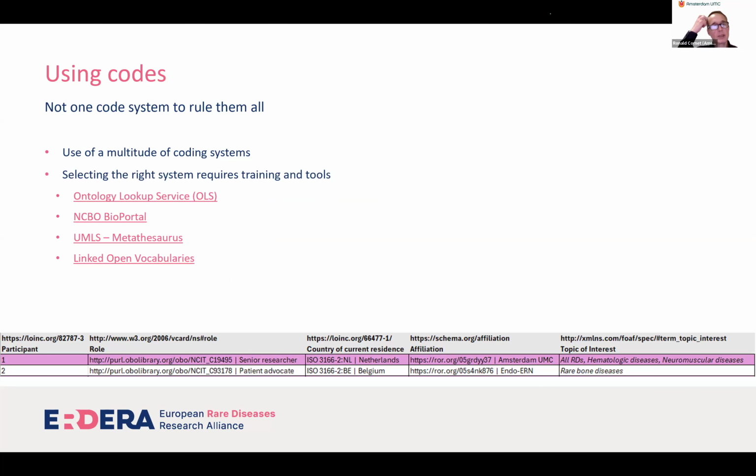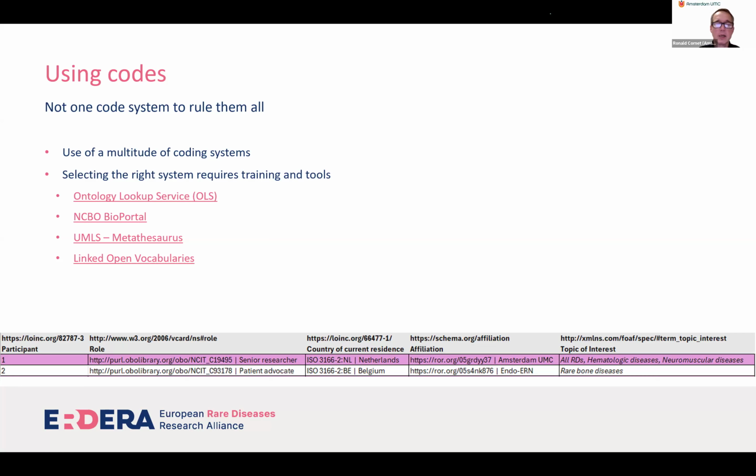And well, like I say, there's no one code to rule them all. We use a multiple of coding systems. And well, selecting the right system actually requires some training and tools. And I provided links to a number of tools here: the Ontology Lookup Service, NCBO BioPortal, the Metathesaurus from the Unified Medical Language System of the National Institutes of Health in the US, and the Linked Open Vocabularies.